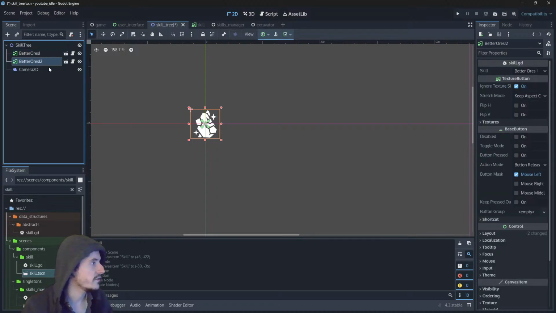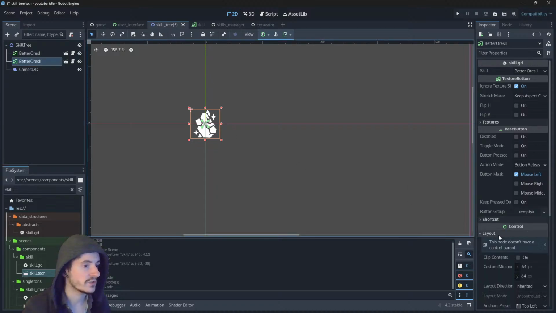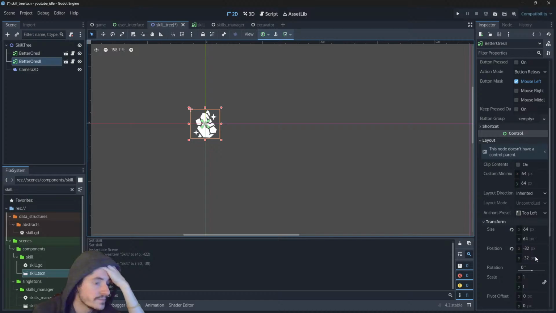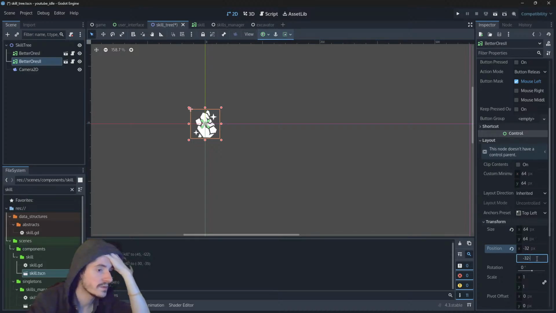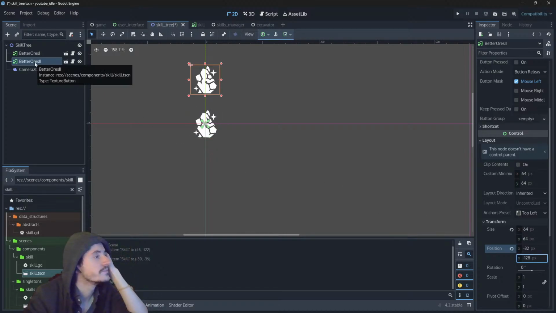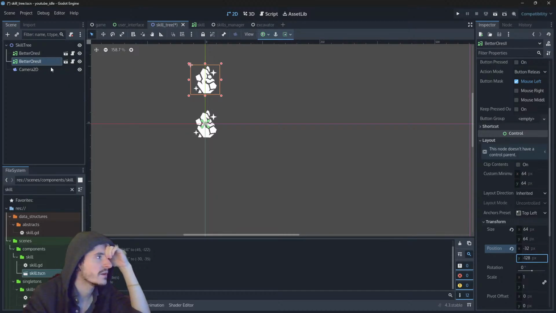And we can technically duplicate this, better ores 2, and position it a little bit higher. So we have the second skill. And I was thinking maybe we could add a kind of line